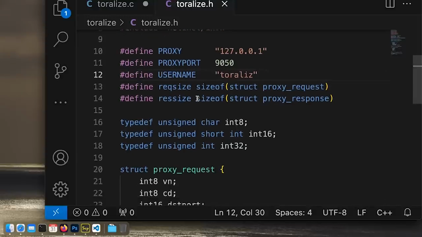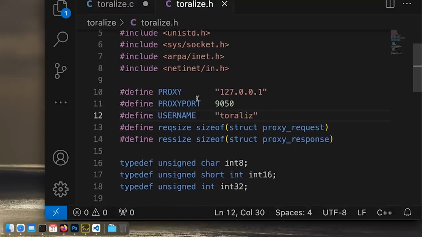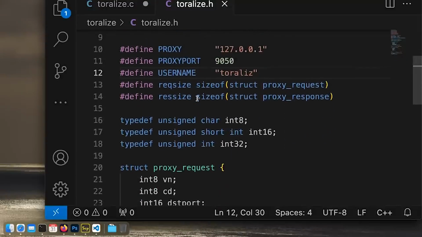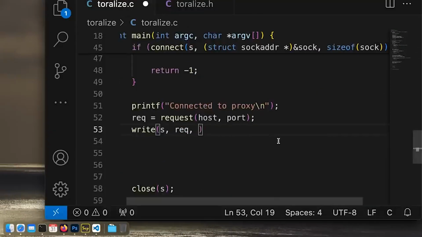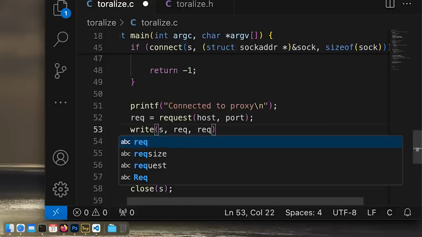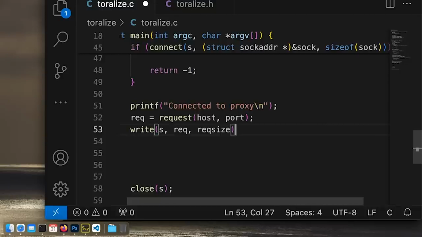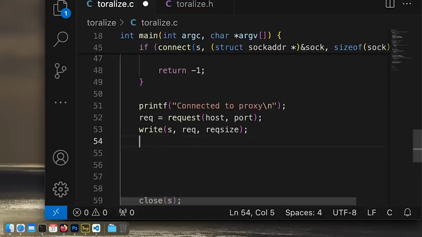I think we created a macro. Yes, rec size, that's the one. That is the size in bytes for how big this packet is. So now we send that packet,